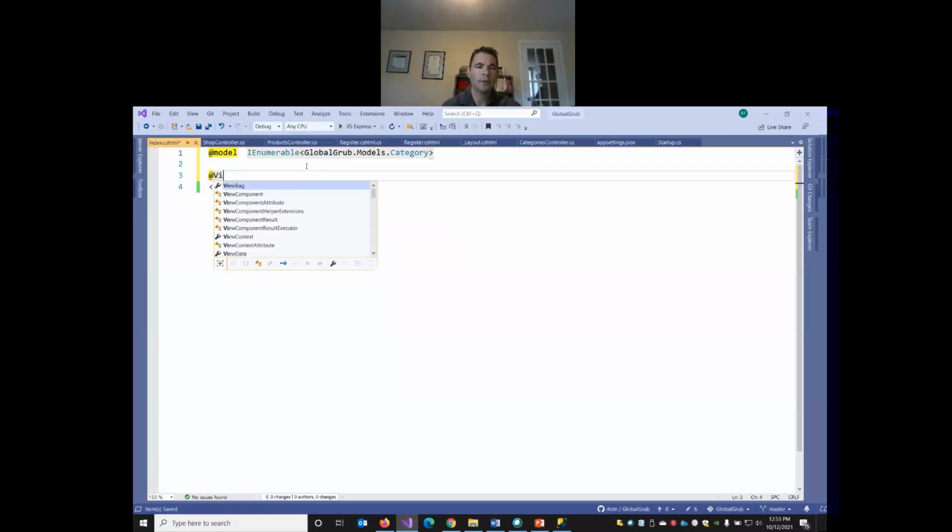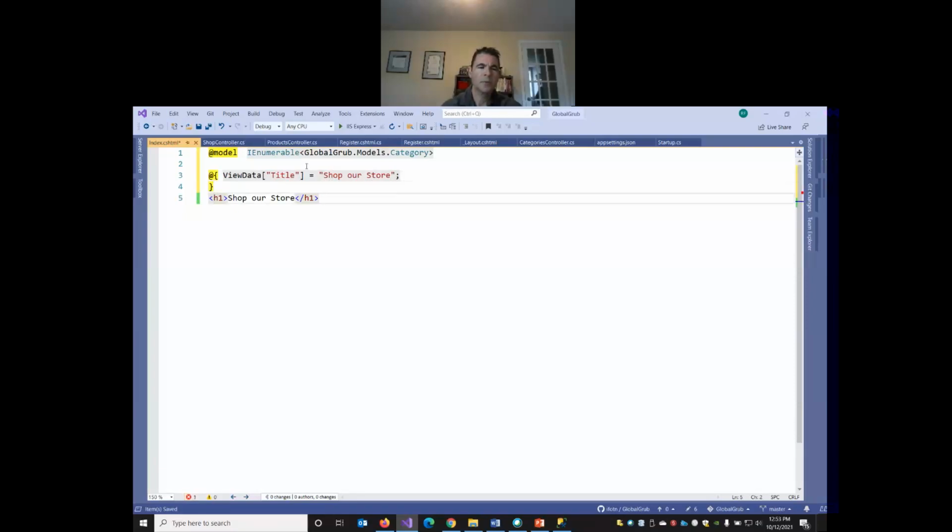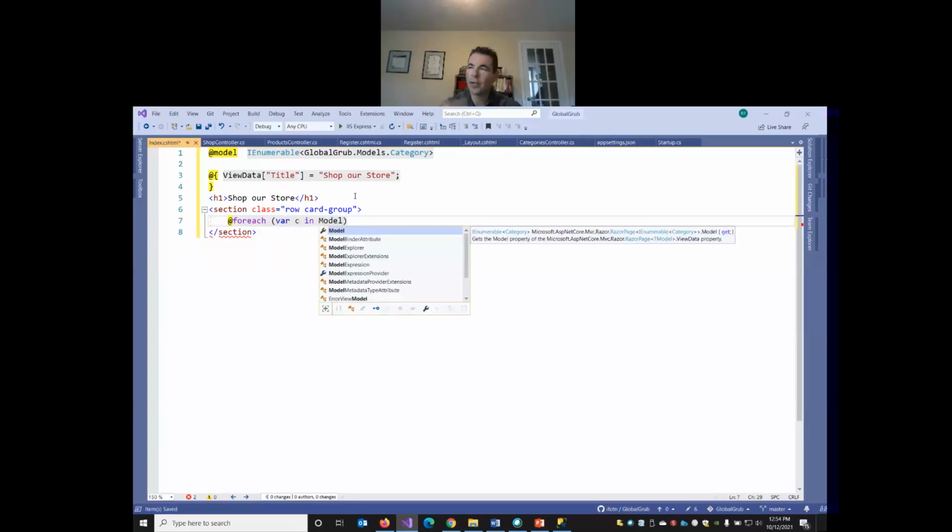We'll also set our page title. I think we had to do this way. And now we can use a loop to iterate through the categories and display them, but we're not going to use an HTML table. We'll use card view for this. I'll put them in a card group container, and then we can use a for each loop. So for each category, which I'll call c in the model,